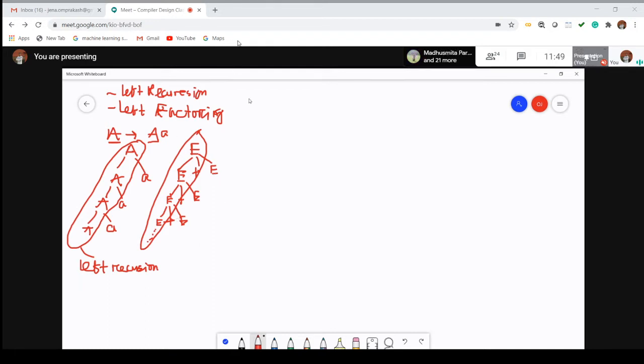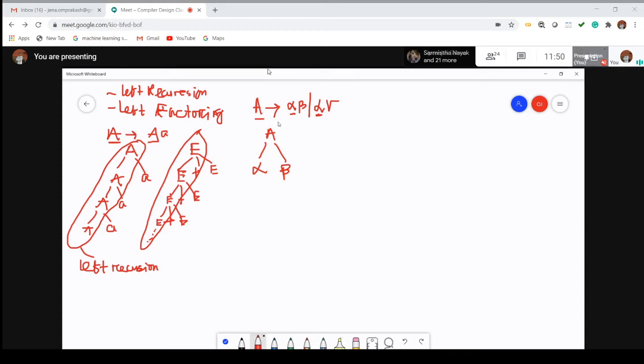Left recursion is clear, so what is left factoring? If there exists a production of this form, A to alpha beta, and another A to alpha rho, or anything like this, and the two elements on the right hand side are the same, then it goes for left factoring. So what is the basic condition? Here A is not repeated, but the alpha value is repeated. You can write it as A to alpha, and this value equals beta.